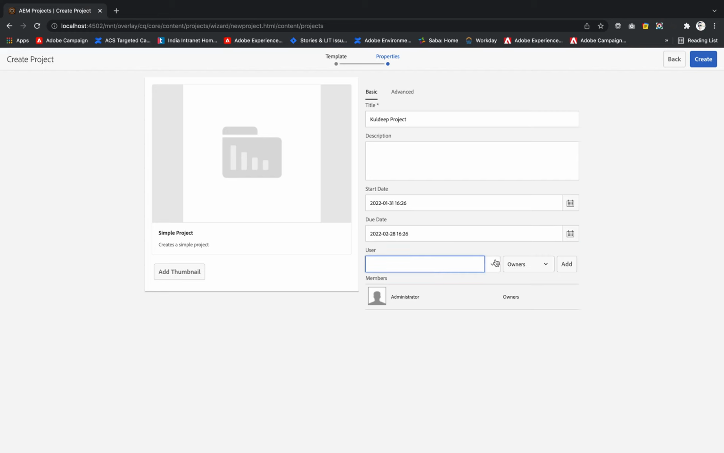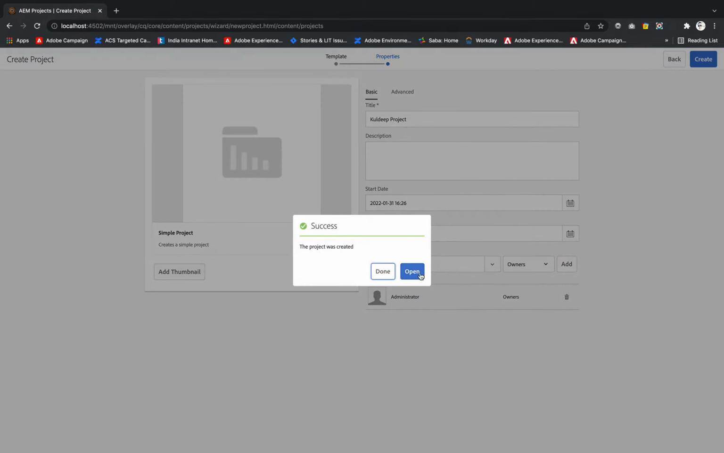Inside the users I have this many users present. If I want, I can simply select one user, that is admin, and choose the role, that is observer, editor or owner. It is me, so I'm saying I'm the owner, and I will say add. So this is how we add the users. I will create, open,